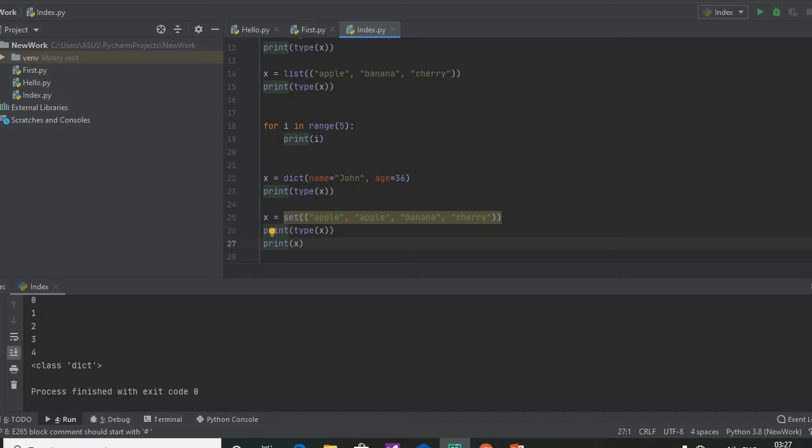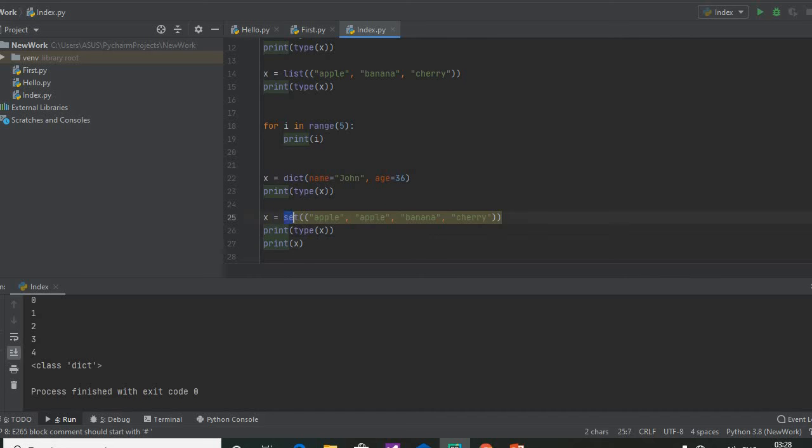x is equal to set of within double brackets apple, again apple, banana, cherry. Then print type of x. It will give the data type, and print x. What will we get? Here the data type is set and we will get the output as apple, banana, cherry.